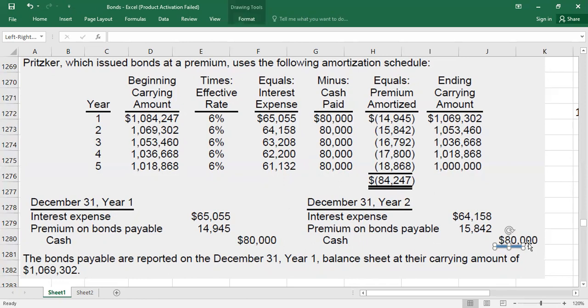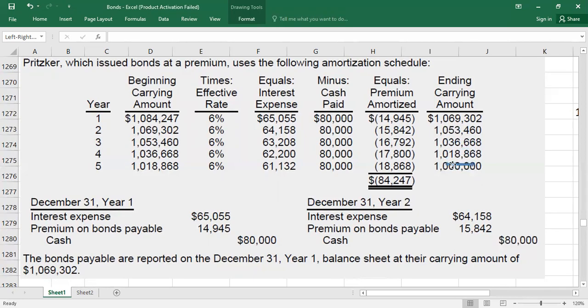So let's move on. If in the exam the examiner asks you what the interest expense in the income statement is, here is the answer. If he asks what the amount of amortization of premium is, here is the answer. If he asks what the carrying value at the end of each year is, you will say the carrying value at the end of the first year is this value, at the end of the second year this, at the end of the third year this, at the end of the fourth year this, and at the end of the fifth year is 1 million.